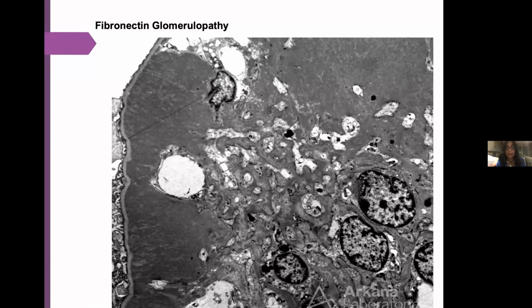This is fibronectin. As I said, this is an extremely rare type of glomerulopathy. And this fibronectin is a protein, and there are receptors present in our matrix. And this is how fibronectin deposits look like. And they are detected by immunohistochemistry. Because when you see this type of deposits, you cannot really swear that this is a fibronectin glomerulopathy. And there are only, I think, 1 or 2 centers in the world which has a specific stain for fibronectin, because they collect all of these rare cases.